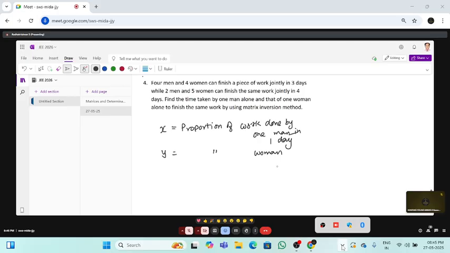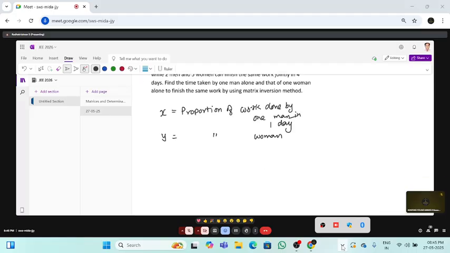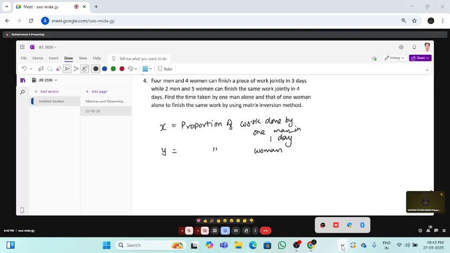Now, if x is the proportion of work done by one man in one day, then 4 men will finish 4x in one day. And 4 women will finish 4y proportion. It could be something like 4 into 1 by 10 or something like that. So these are the two proportions, that will be 4x plus 4y